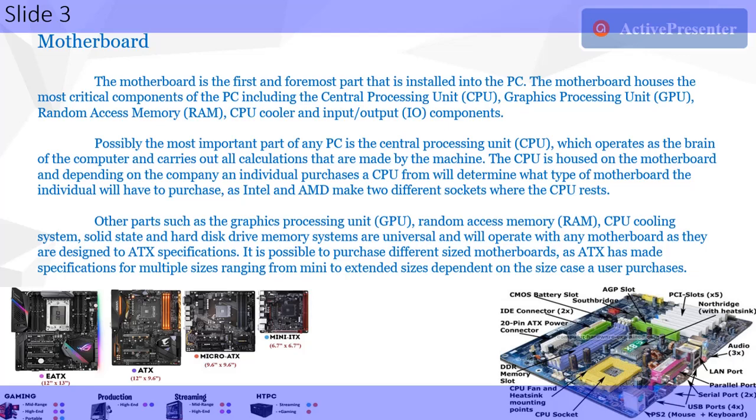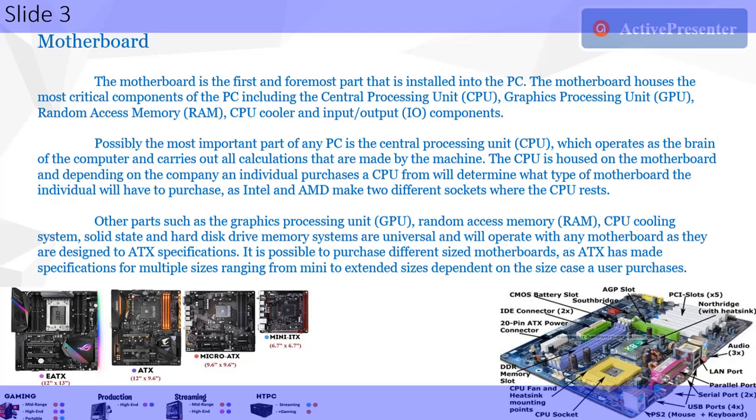Possibly the most important part of any PC is the central processing unit, the CPU, which operates as the brain of the computer and carries out all calculations that are made by the machine. The CPU is housed on the motherboard, and depending on the company an individual purchases a CPU from, that will determine what type of motherboard the individual will have to purchase, as Intel and AMD make two different sockets where